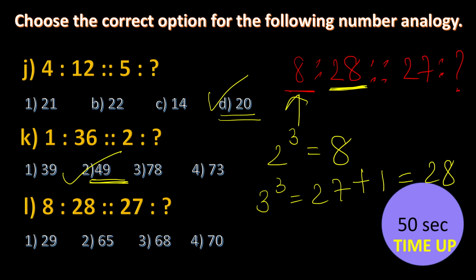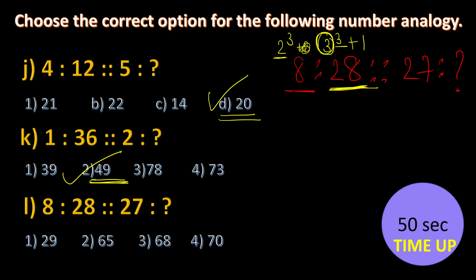Understanding? Now, what they have done here, this is 2 cube. This is 3 cube. Correct? So 2 cube plus 1 they have added. Like after 2 plus 1 they have added in order to get 3. So 3 cube you have done plus 1 you have added, which will give you 28. This is the logic here. So same thing you need to apply for